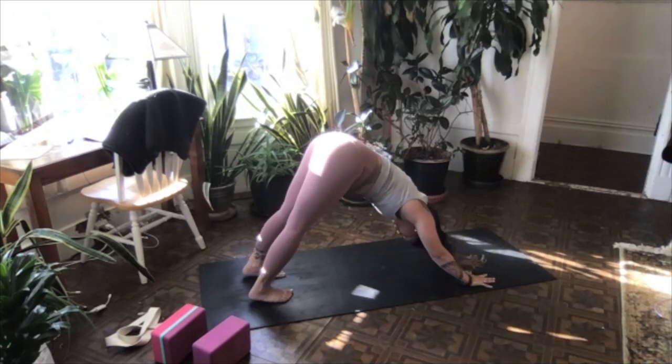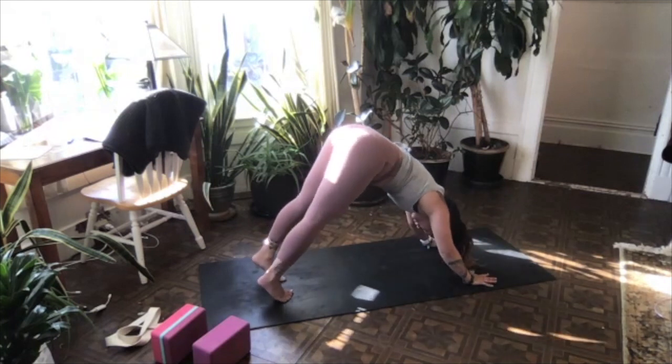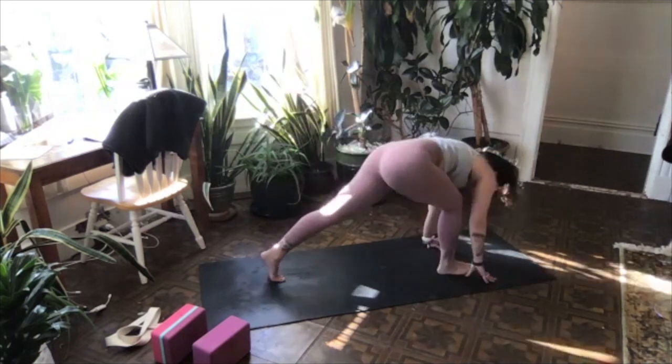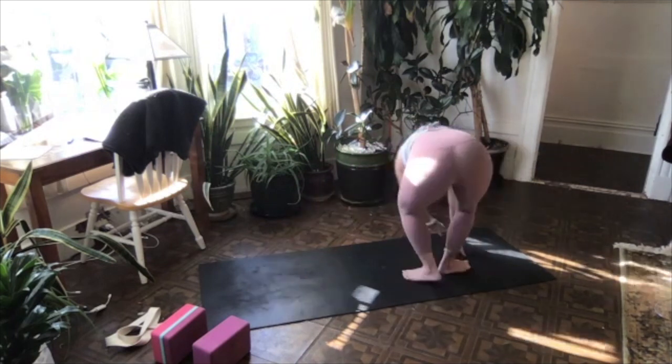Smooth inhale breath, and smooth exhale breath. One more, big inhale, and smooth exhale. All right, inhale, right leg up, and then exhale, step your foot in between your hands. Tent up through the finger pads, and once more, turn towards the left long edge of your mat, and then